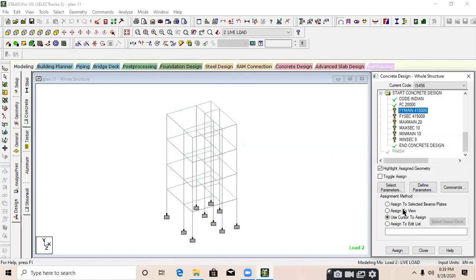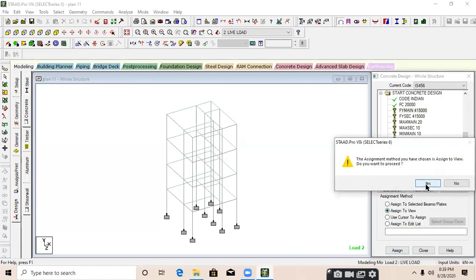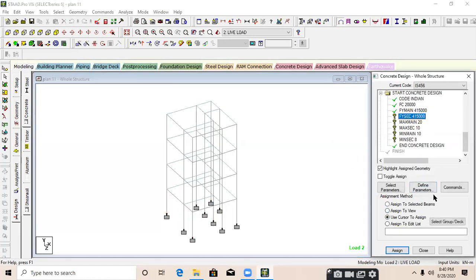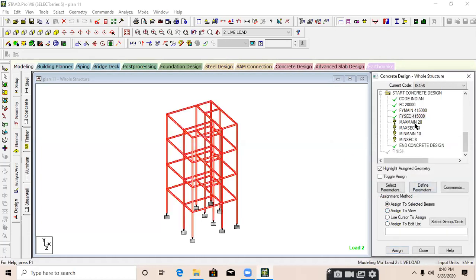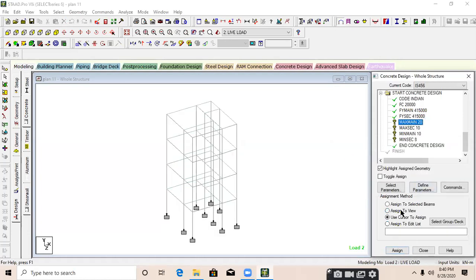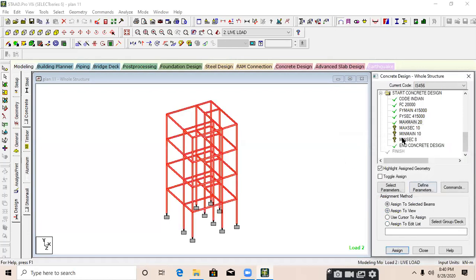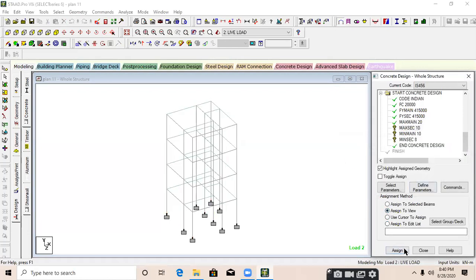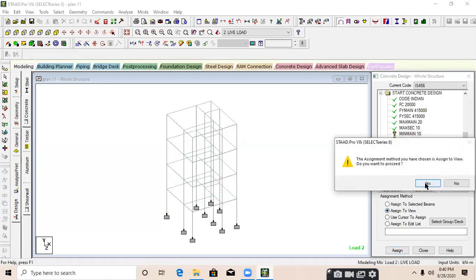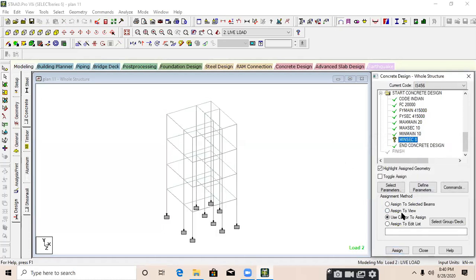Fy main, assign to view, assign and yes. Fy secondary, again assign to view, assign and yes. Maximum main, assign to view, assign and yes. One by one, we will assign all the parameters to the whole structure.